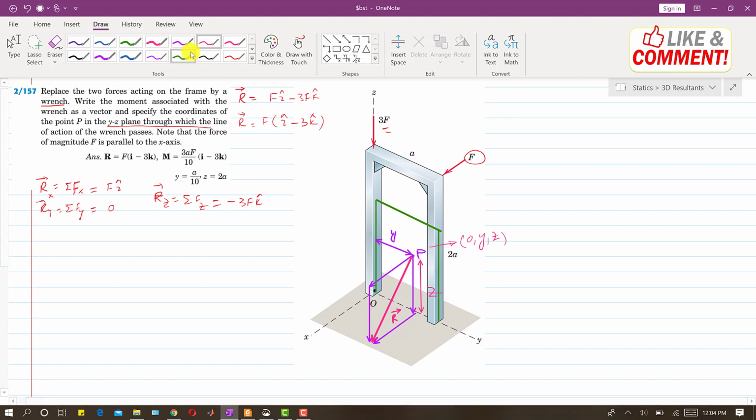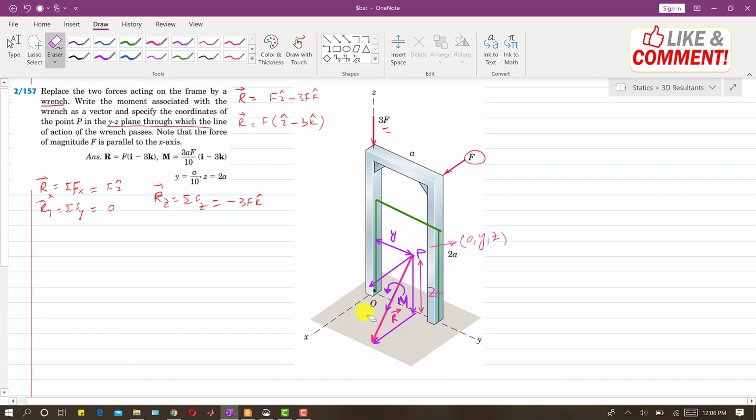So if the wrench is positive, then the moment associated with the wrench will be in this direction, right? And if we curl our right hand fingers in this direction, the thumb will be in the direction of this resultant, right? So this means that we have assumed that the wrench is positive and the direction of the wrench will be in the same R direction. So let me draw that direction as well, right? So let's say that this is the moment that is associated with the wrench. This is the direction of that moment, and let's say that that moment is M.